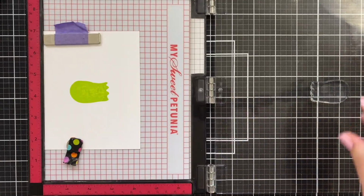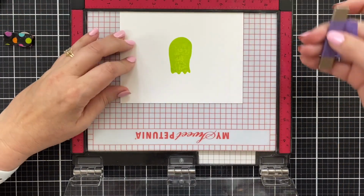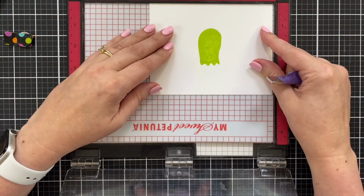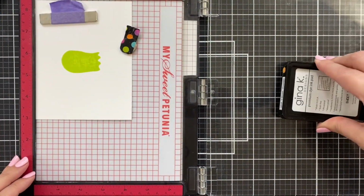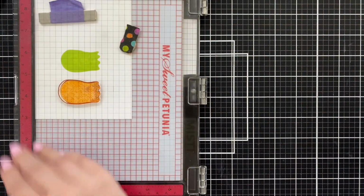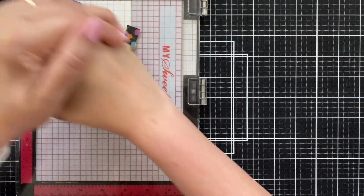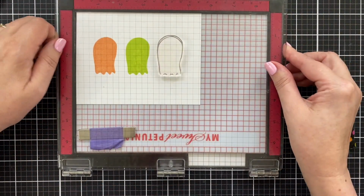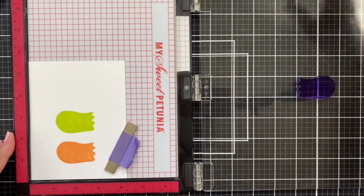I'll clean off the stamp with my stamp chamois, and then I'm going to turn this again because what I want to do is just reposition the paper so that I can stamp another ghost in a perfect alignment, right? Just spaced out a little bit. That's one of the fun things about having a stamp positioner like the Misty, is if you want to stamp a row of something, you move your paper and not your stamp. I still think that's remarkable. I don't do it that often. And this has reminded me that, by moving your paper around and leaving your stamp in place, you can make some spooky magic. Sweet Mango is the orange,